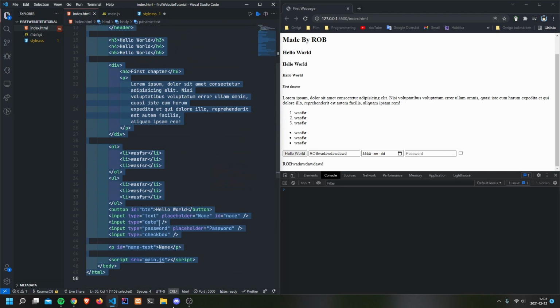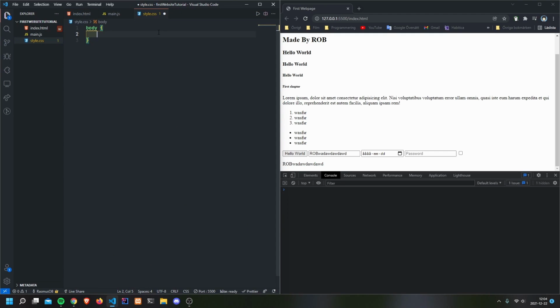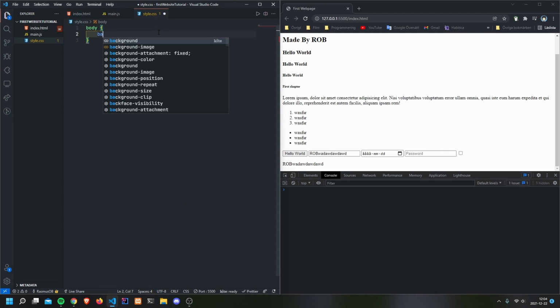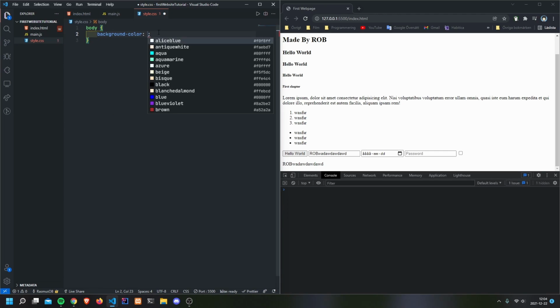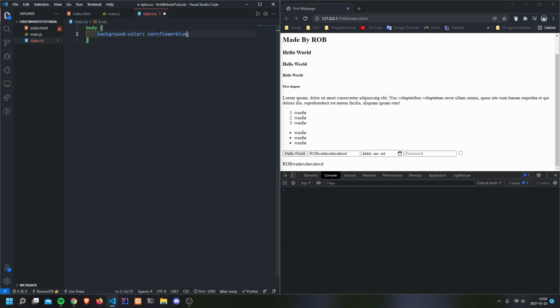Everything inside here is gonna get this. So you can use background color. Well, what do we use? Well, maybe cornflower blue. But nothing happens. Why? Well, we have to link the